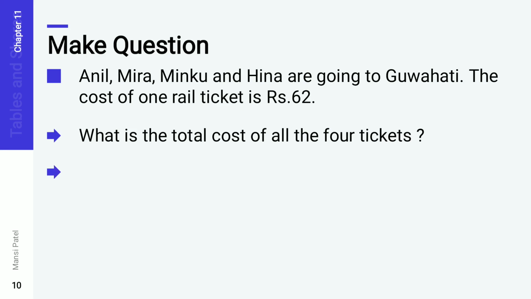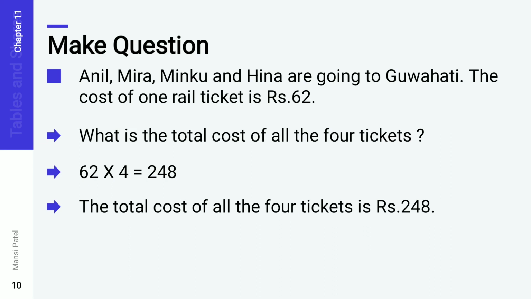So here you have to do the multiplication. 62 multiplied by 4. 4 2s are 8 and 4 6s are 24. Therefore, your conclusion statement for this sum is, the total cost of all 4 tickets is rupees